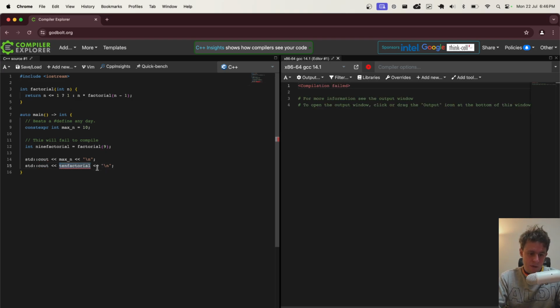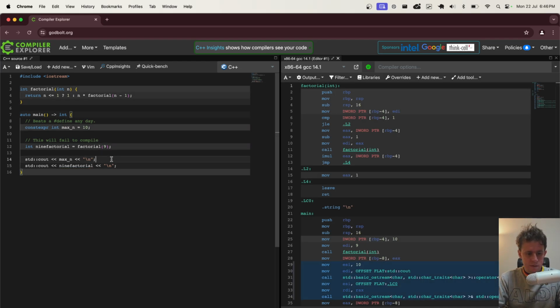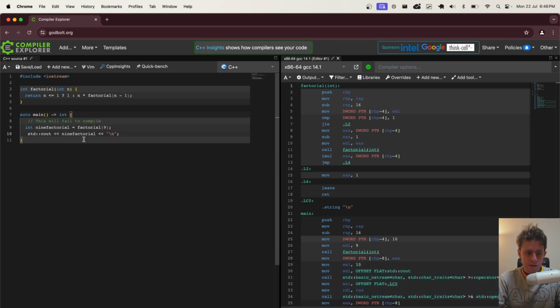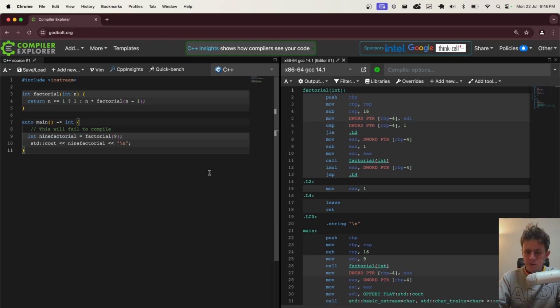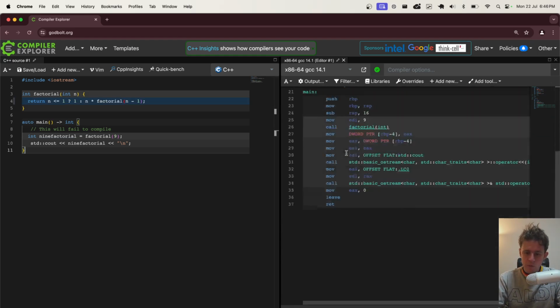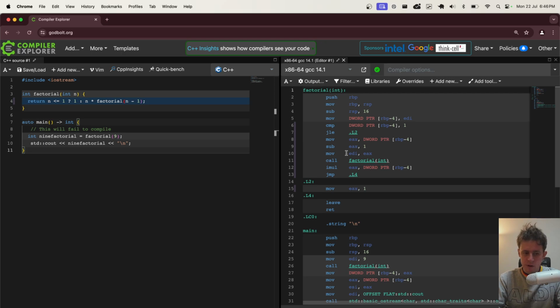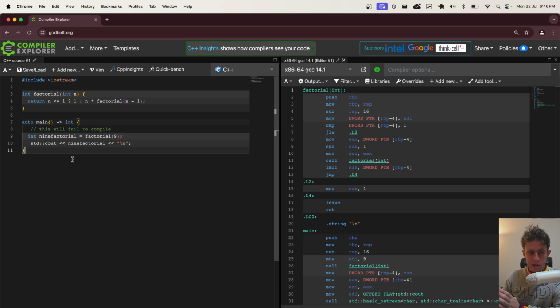Ten factorial. Oh, okay, 9 factorial. So I've got a function here that is basically calculating 9 factorial. And this is an idea. This isn't unique to C++ necessarily, but what I want you to think about for a second, this helps you understand metaprogramming. This on the left is a set of instructions that you've written as a programmer that tells the compiler how to output a set of instructions written in machine code that someone can run whenever they want to calculate something, right?